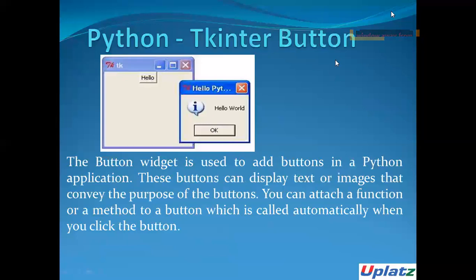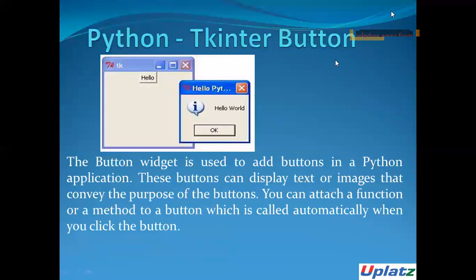The master parameter represents the parent window, in which window you want to use this button, that is known as the parent window. And for the options, there are many options. There's a list of most commonly used options for this button widget, and I will tell a few options for using the button widget.